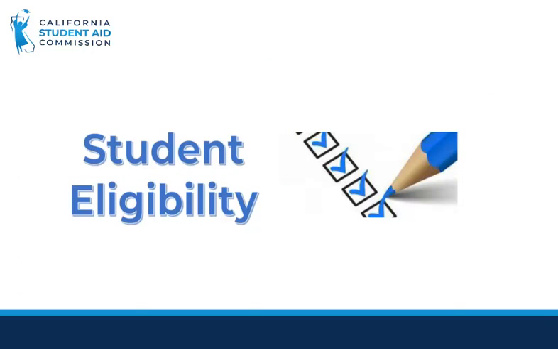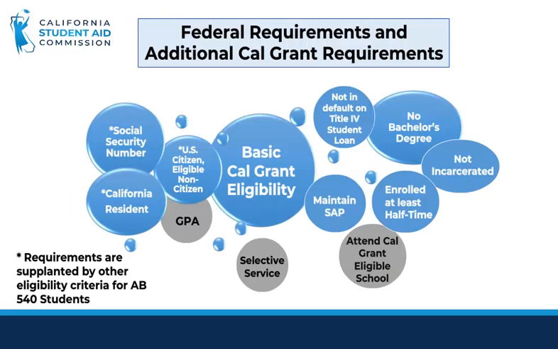We have discussed the Cal Grant application basics, award types, and cycles. So now let's discuss the student eligibility requirements. Students must meet basic eligibility requirements to be eligible for financial aid, including Cal Grants. The Cal Grant basic requirements stipulate that students are U.S. citizens or eligible non-citizens, or meet AB 540 eligibility criteria, have been a California resident for 1 year,